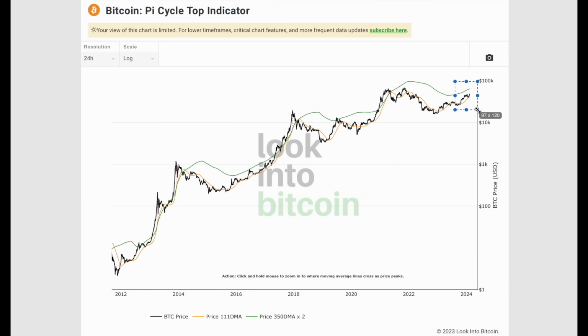In today's episode, we're going to talk about how this rally to 50,000 is impacting this upcoming Pi cycle top indicator crossover many months down the line, but still we're going to be talking about how this price action is